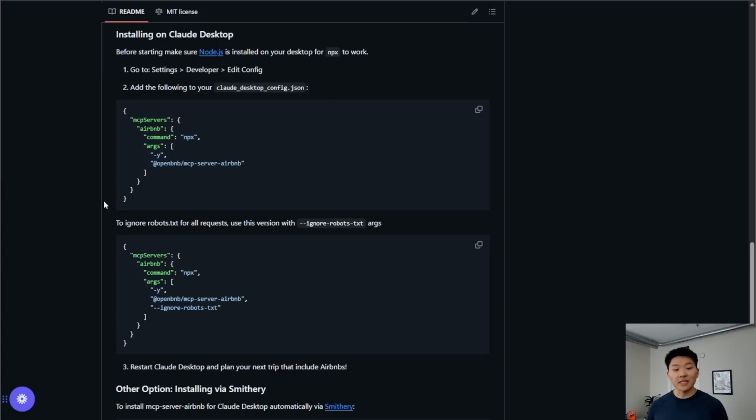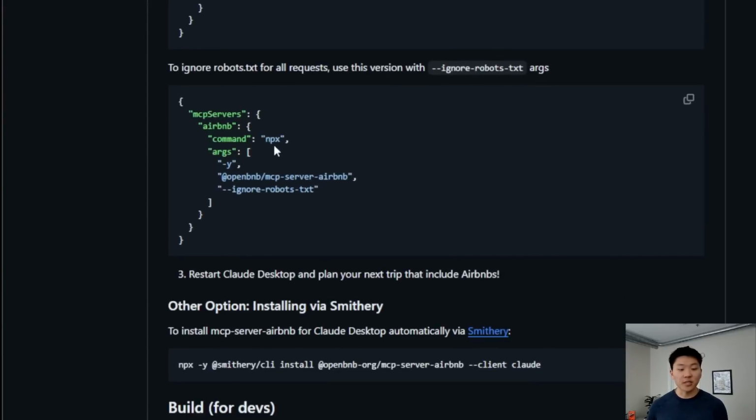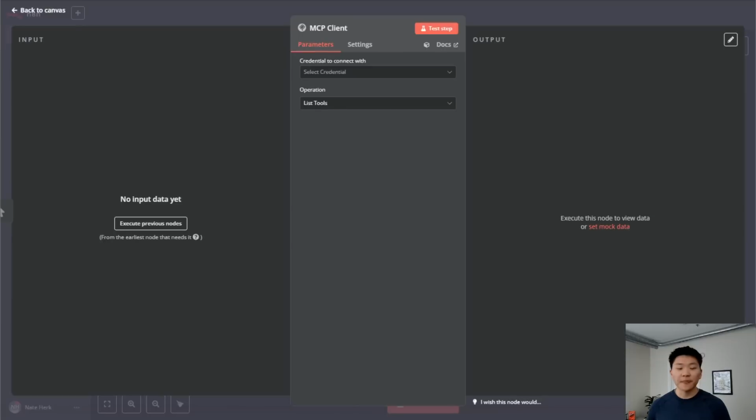After my testing, I tried this one first, but it wouldn't let us execute the tool because we need to use this thing that is ignore robots text, which just basically lets us actually access the platform. So you can see here we have a command, which is npx, and then we have an array of arguments, which is -y, this OpenBNB thing, and then also the ignore robots text. So first of all, I'm just going to grab the command, which is npx, copy that,